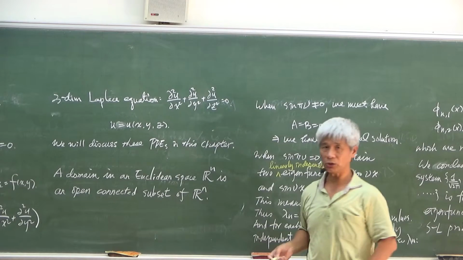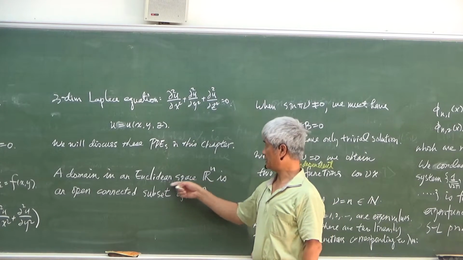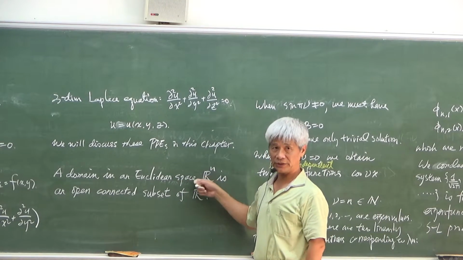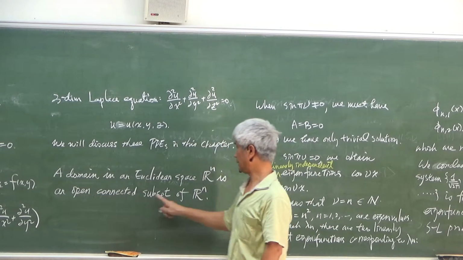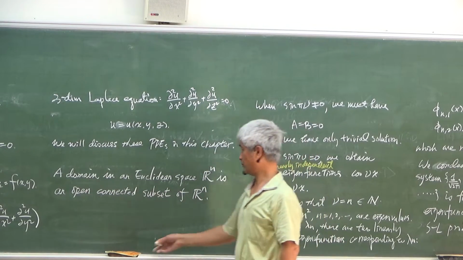When we say a domain in an n-dimensional Euclidean space, we mean an open, connected subset. So for example,